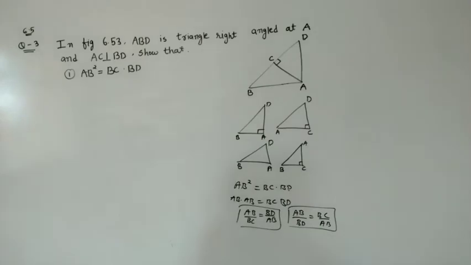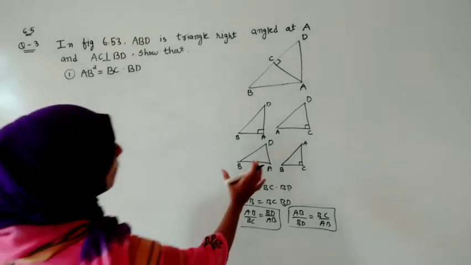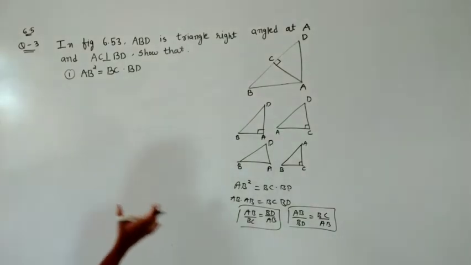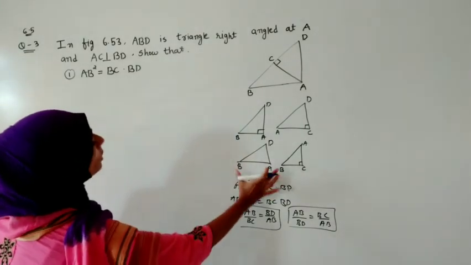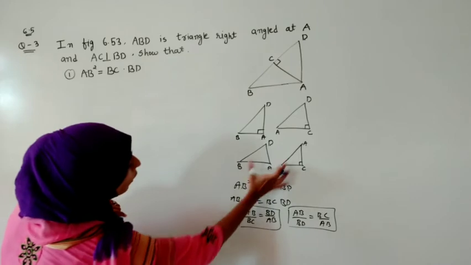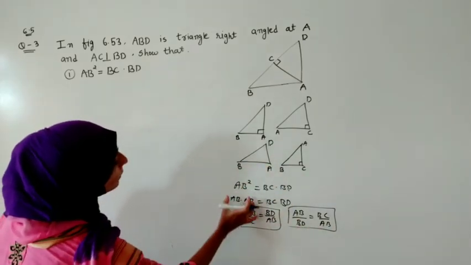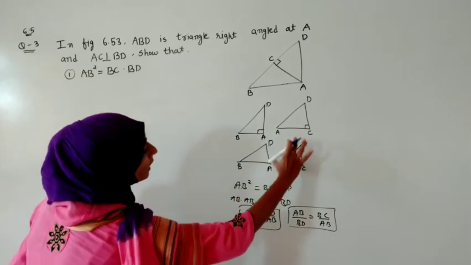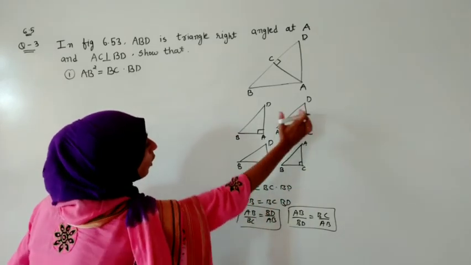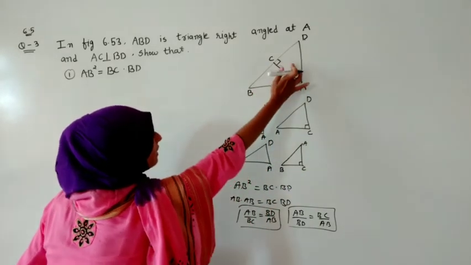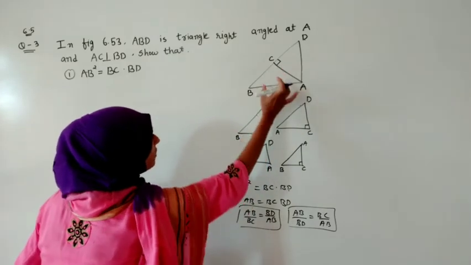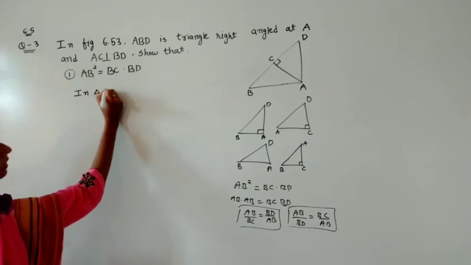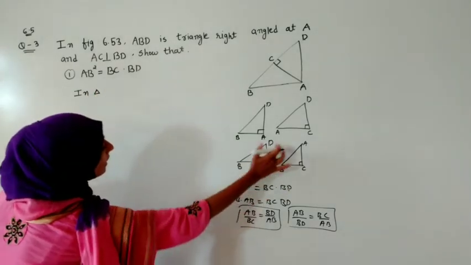Here, as you can see, we are comparing this triangle, because whatever we want we can take. So in whatever answer we want, we will compare that triangle only. As I told you, in rough work we want AB. AB is over here, AB is also over here. So we will not compare that large triangle and this small triangle, but we will take that large triangle and this small triangle. Let me write here that in triangle, the name of it is ADB.